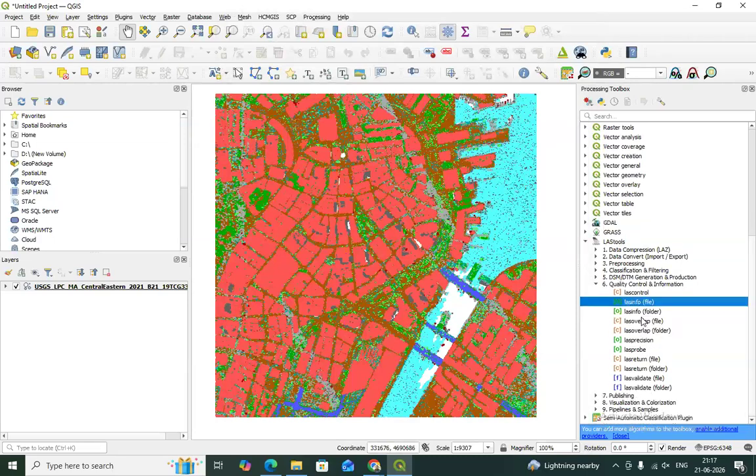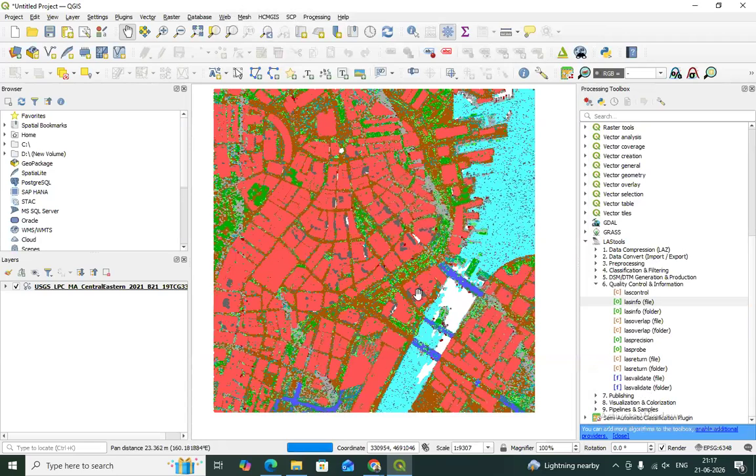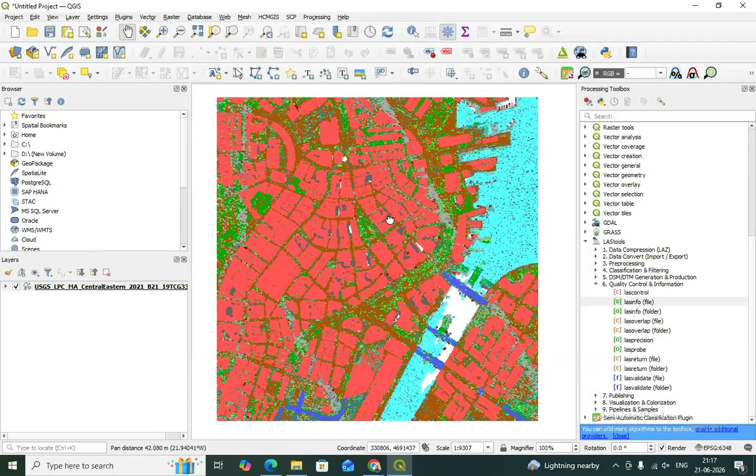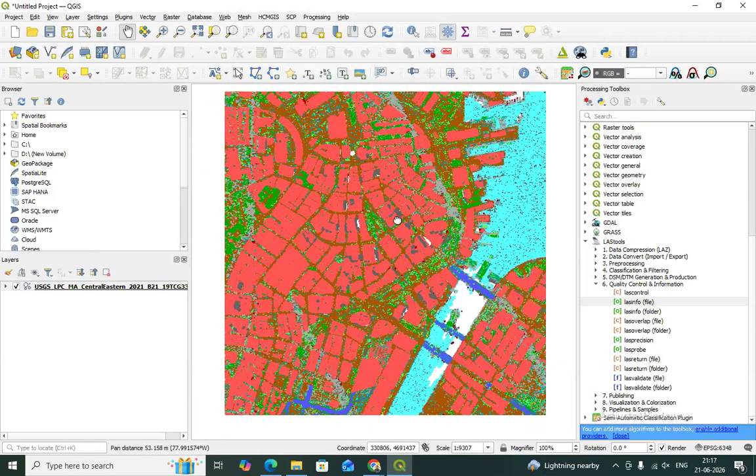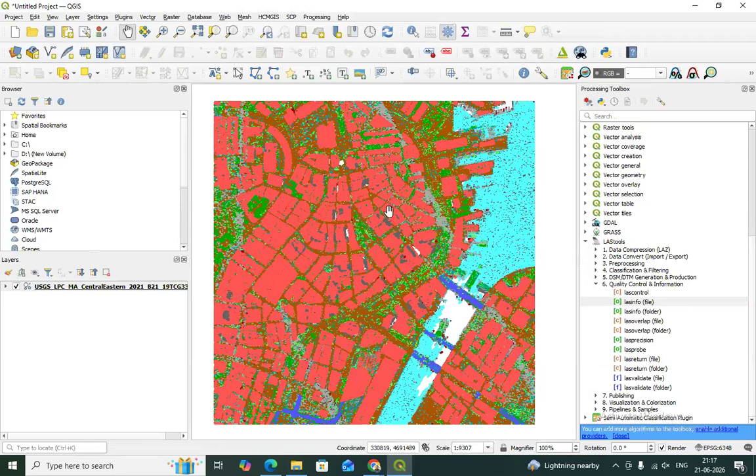Now let's do some extraction process. I wish to extract the building first. I want to create one layer which will have only the buildings, and with that layer you can do further processing, like building footprint analysis, or maybe measure the volume, or maybe you just want to build the 3D model for buildings only.